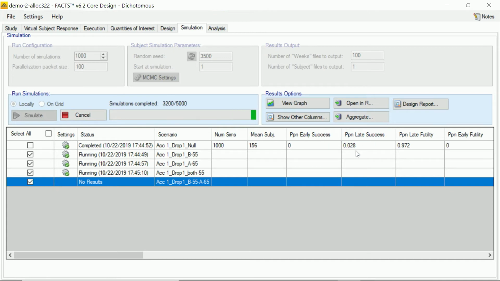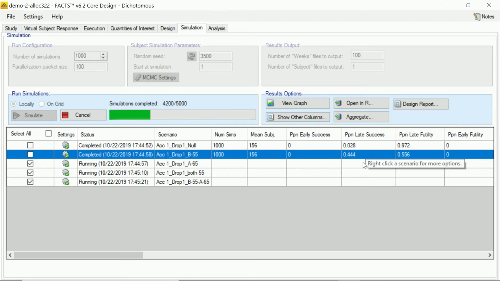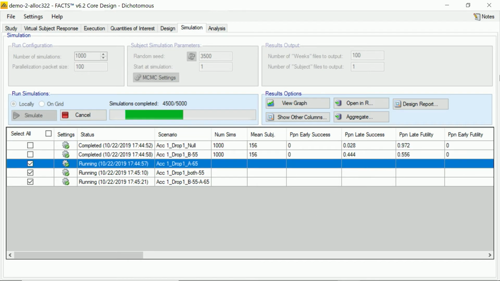So we can see we're already approaching 0.025 here. The type 1 error is considerably less. Power, when one arm has a response of 55, is a little bit better. It's 0.44 and so on. But what we need to do is compare this